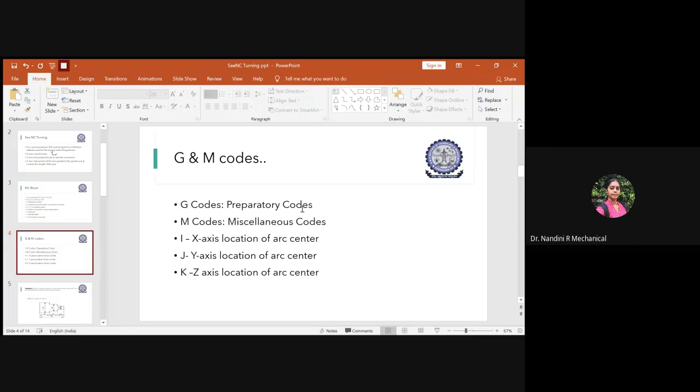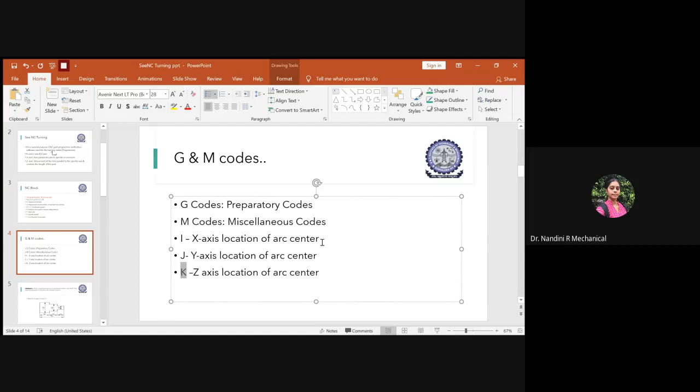G codes are preparatory, M codes are miscellaneous, and sometimes I, J, K come into the picture. They help identify the axis location of a particular arc. If you need the arc center along the X axis, you denote it by I. If along the Y axis, you denote it by J. If along the Z axis, you denote it by K.